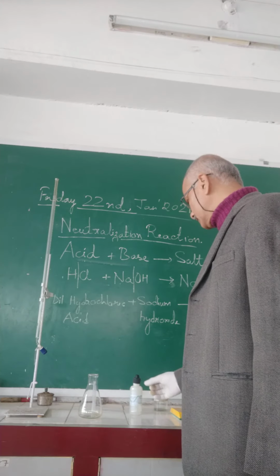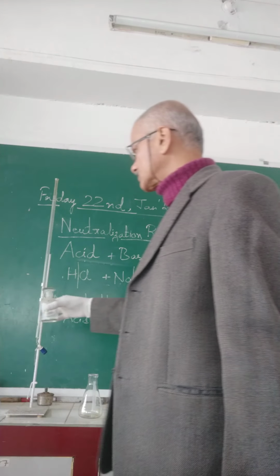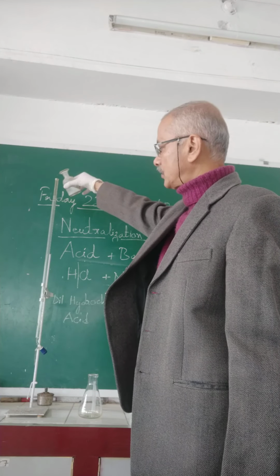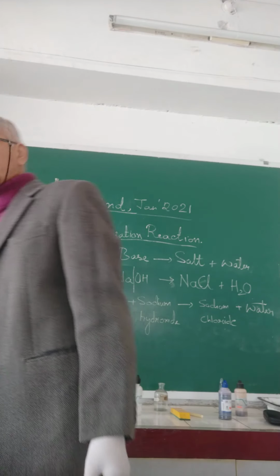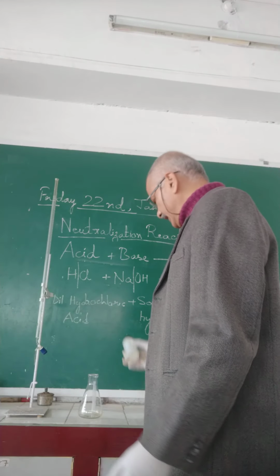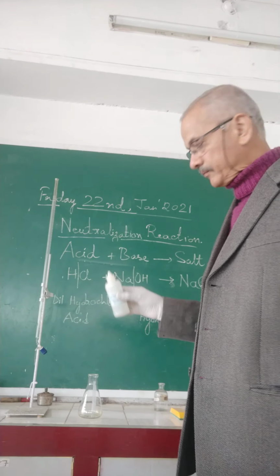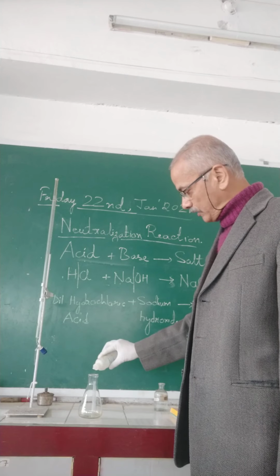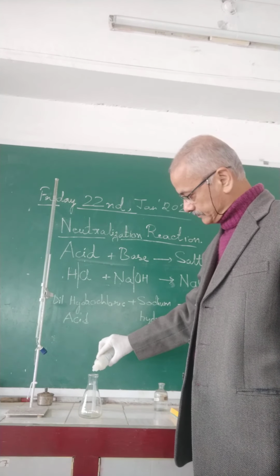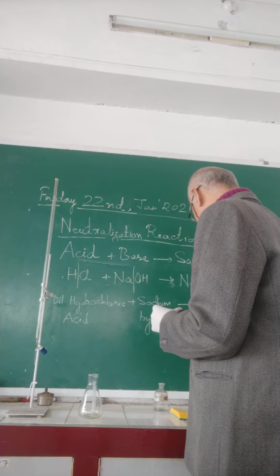Right? Then I will take the sodium hydroxide solution. This apparatus is called a burette. I have added from the top in this burette the sodium hydroxide, which is a base. Then we will take phenolphthalein. This is an indicator. So when 2 drops of phenolphthalein are added in dilute hydrochloric acid,